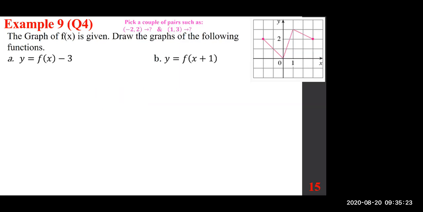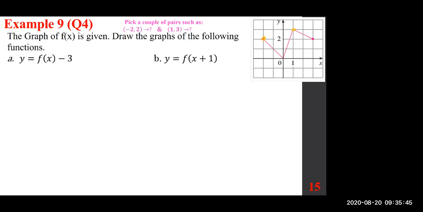This is negative 2. And the other one is 1, 3. And there are more, of course. See where they go with the transformation. So if you look at those two, when we say f of x minus 3, that means the y